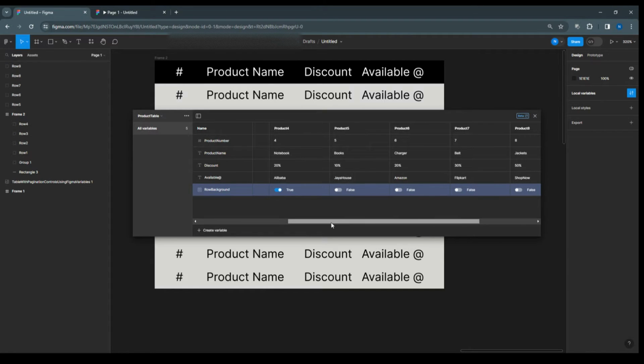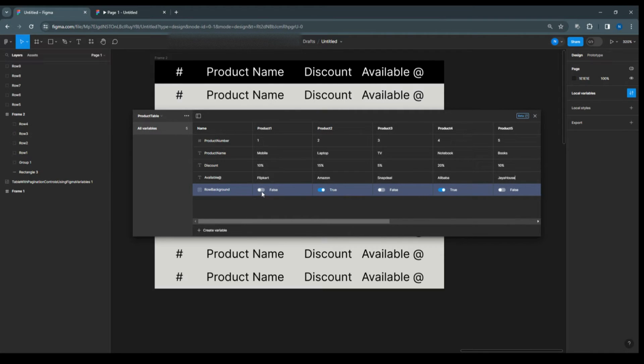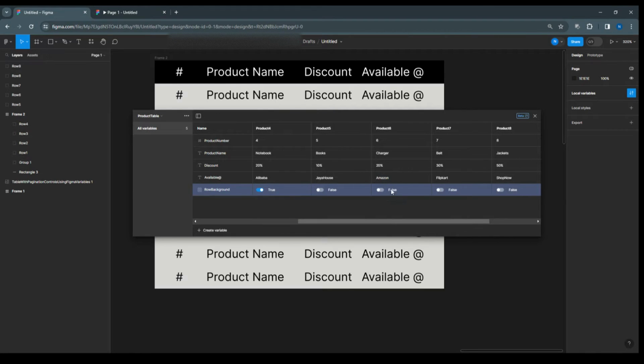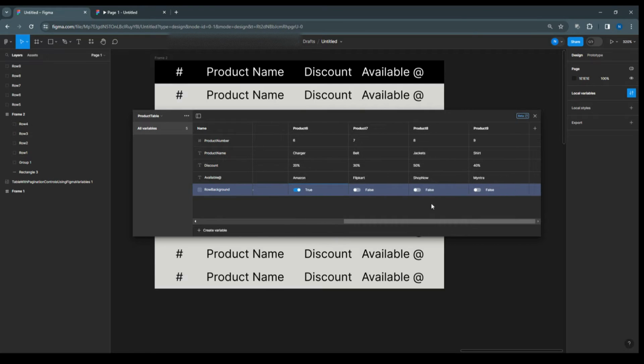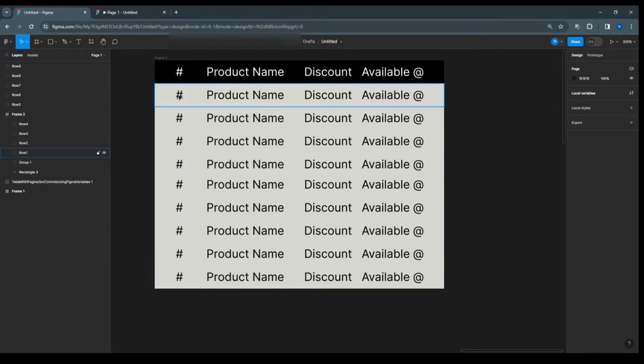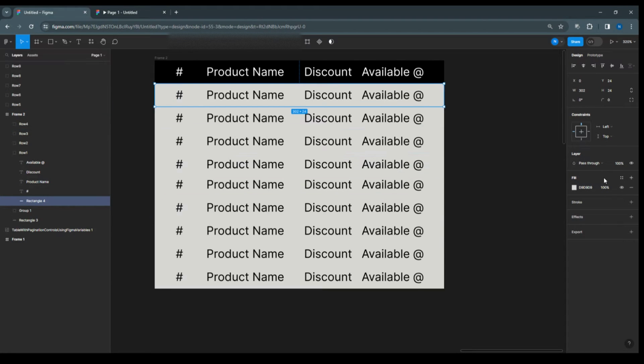So here I have given all this where we are saying row background false, true, then false, again we'll make it true, and then false, again we'll make it true. So this mode is created, and now I'm going to pass this through the layer and the values. So here it is a row 1, and this is the rectangle. So row 1 rectangle, here we can pass this to the product table background, which is true,